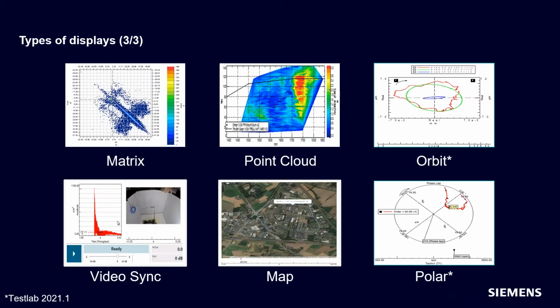Matrix is a dedicated display for durability processing, the rain flow matrix. Point cloud is also relatively new, where we can plot RPM versus load versus amplitude and pressure, so you can map out several runs of data and fill out this point cloud. Orbit plot is very good for shaft centerline plots, where you're looking for vibration or displacement on a bearing for a shaft. That is brand new for TestLab 2021.1, as well as polar plots.